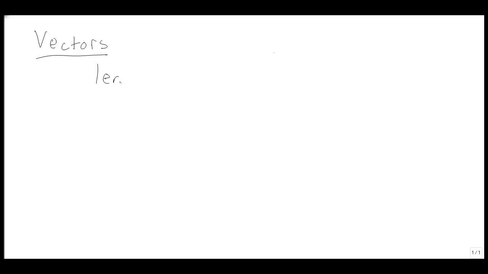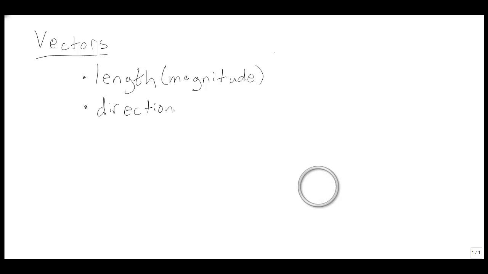We have to have a length, which we also call magnitude. So you hear both of these words, they're interchangeable. And the other thing we worry about, other than the length, is the direction of a vector. So a vector is defined in terms of its length and its direction. So some examples of this,